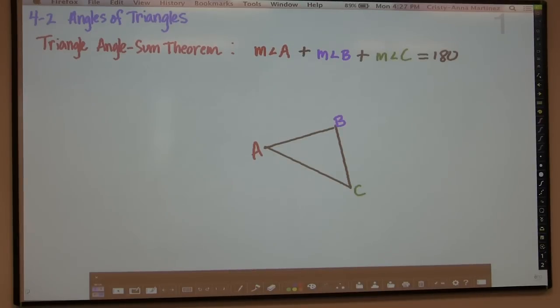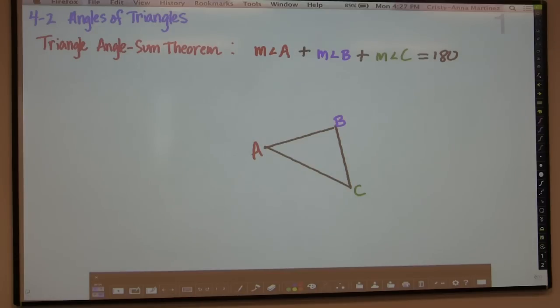Hi there, this is a video for geometry. It is over chapter 4, section 2, and we're talking about angles of triangles in this lesson. And one of the first theorems that we have for this section is a theorem called the triangle angle sum